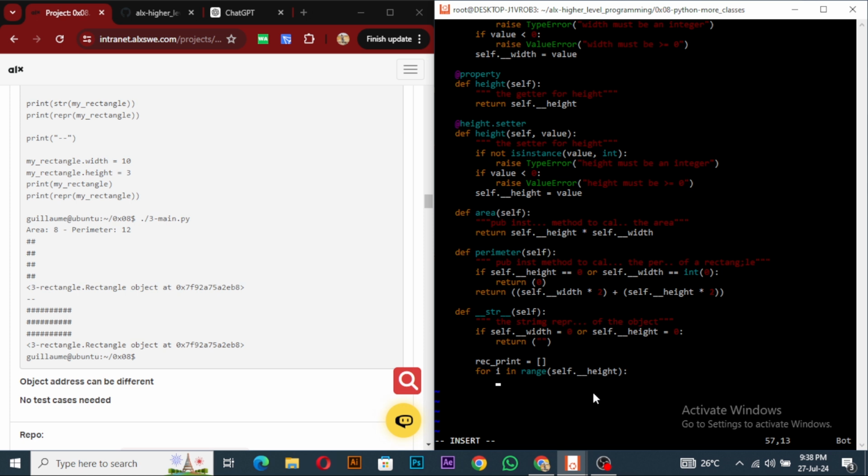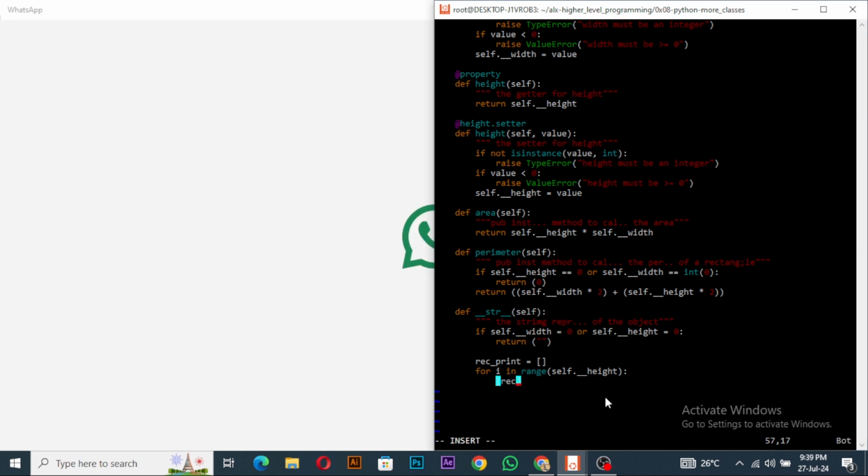Good. So now that we know that the height will do this, we just need to now print the hashtag in the number of width times. Okay, so we say we should append everything into this rect print and then print them. So what we'll do is, okay, good. So I'll create a square brace here and I'll say the rect print